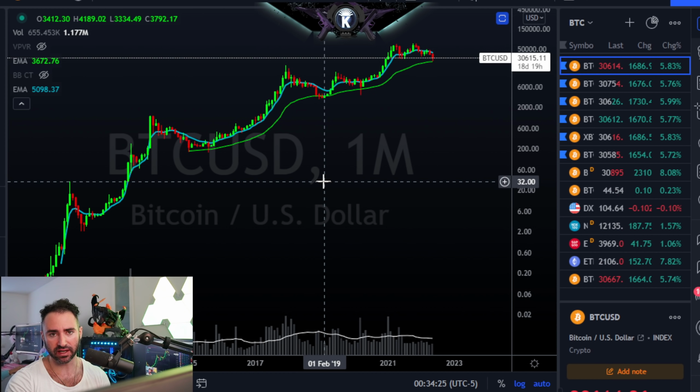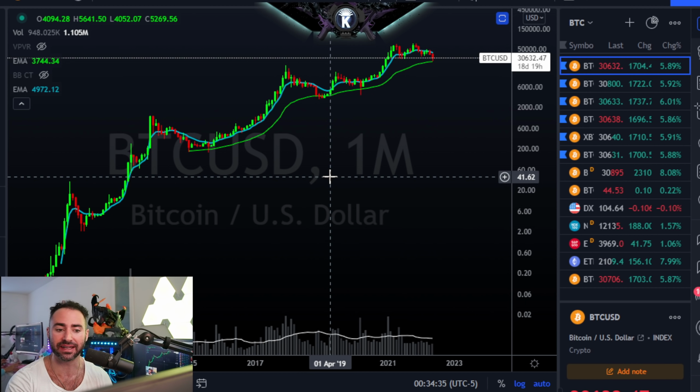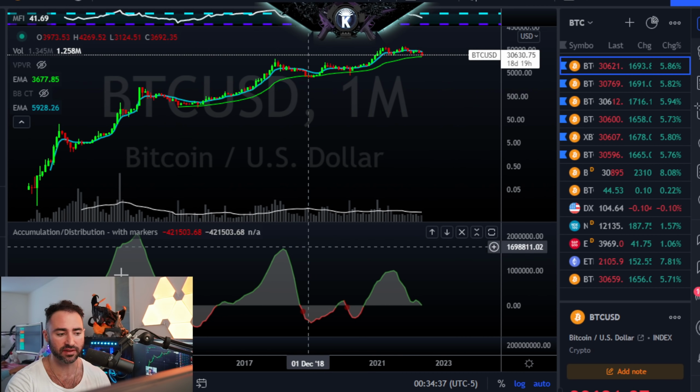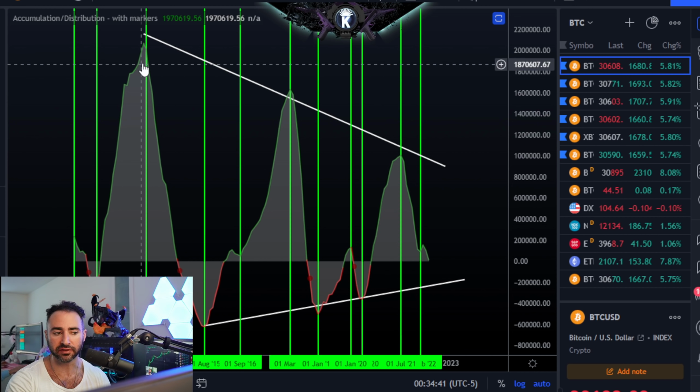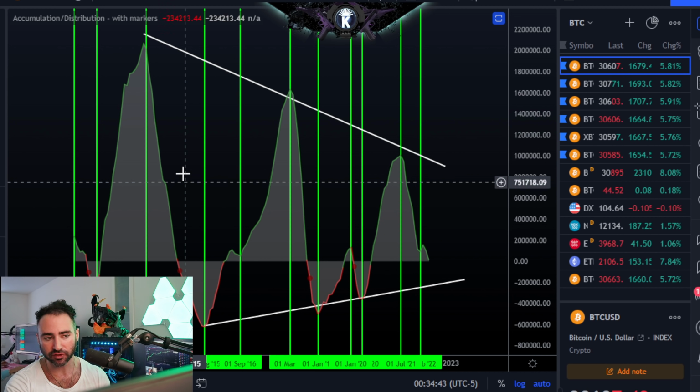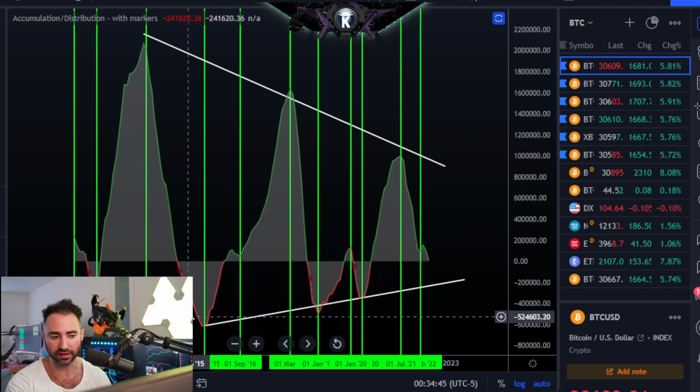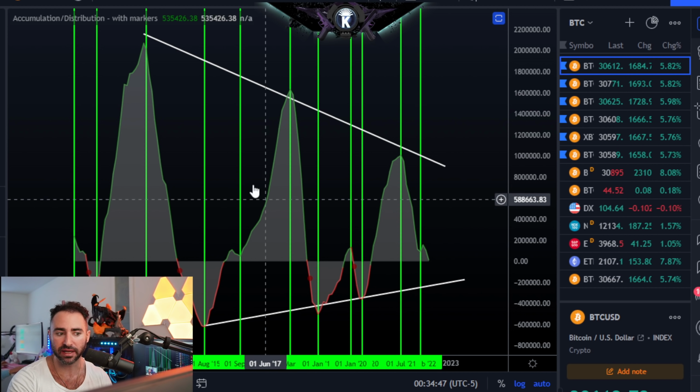But the next big thing that I'm really looking for to confirm a macro low, meaning that I will not be calling any sort of macro low in until this condition is at minimum present, is the monthly accumulation distribution indicator right here. Anytime we have seen a slope change on this indicator in the extremes, so in the extreme greens over here or the extreme reds over here, those have been macro pivots.